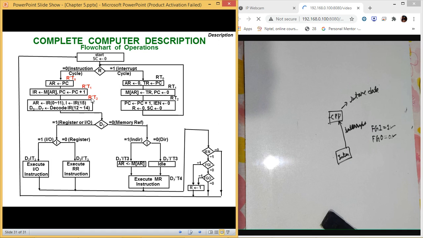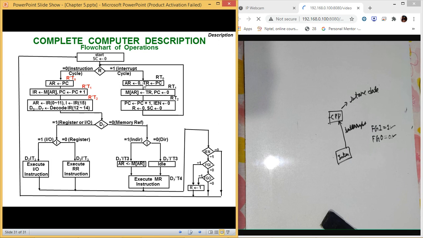This is one thing. When it is a register reference, it can be either a register reference directly, which you can execute, or an input output instruction, in which case your system is shifting to this place. If it is an input output instruction, check whether IEN is 0 or 1. If it is 0, you can't interrupt it, you can't do execution of that. But when IEN is 1, then if FGI is 1, move to R1, which means it will move to this place.